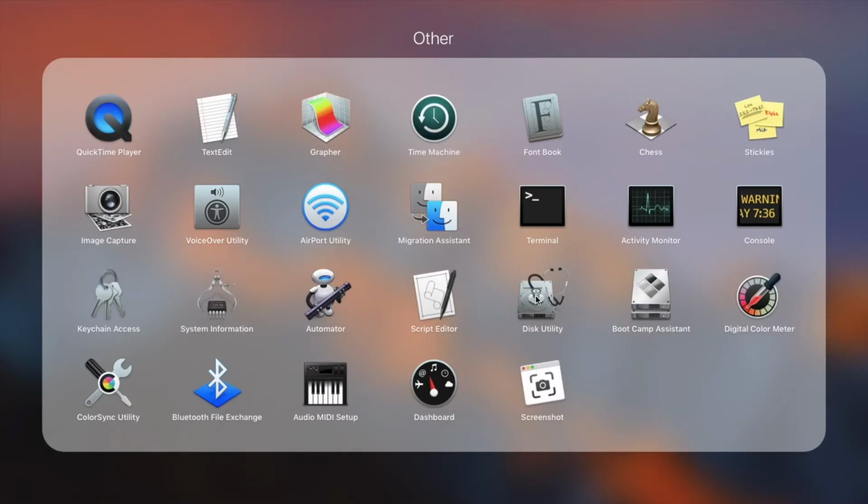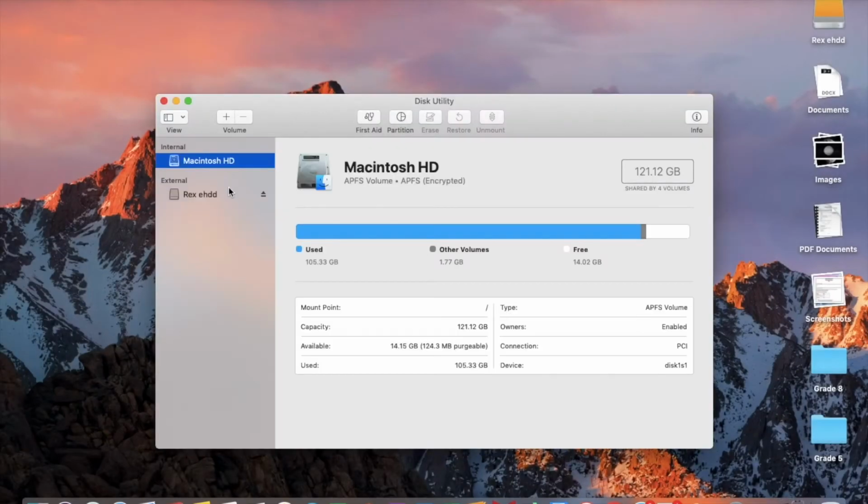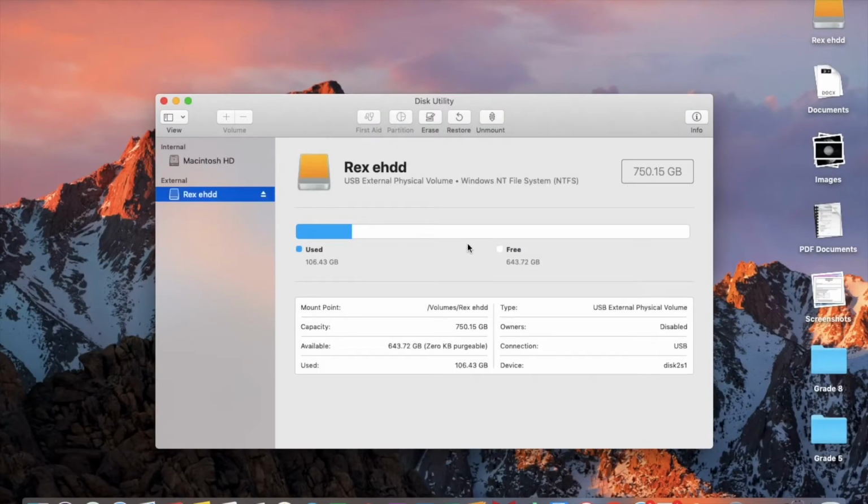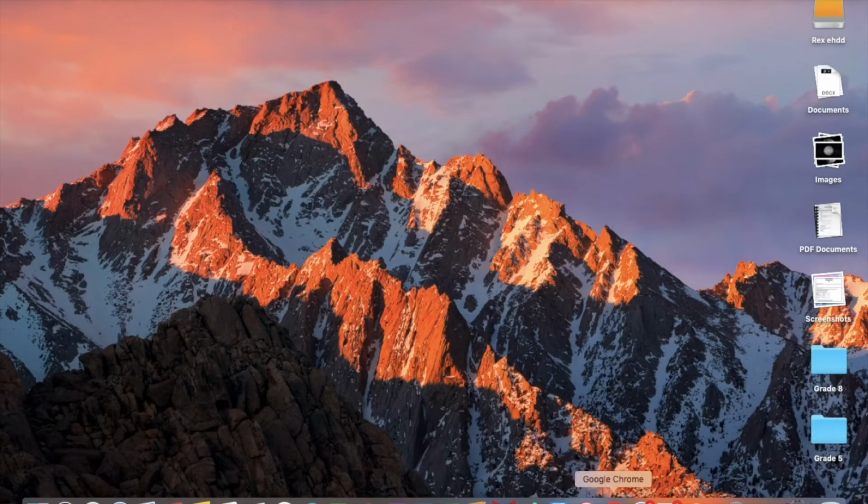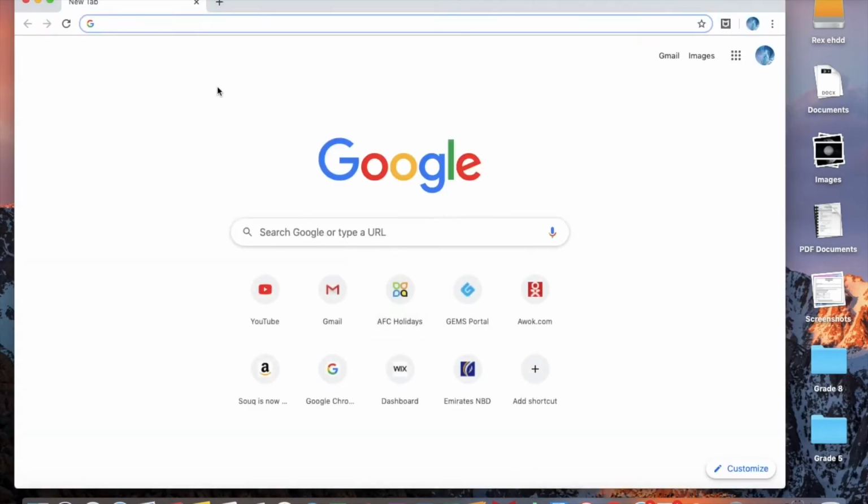You go to Disk Utility, then take your hard disk and see NTFS, Windows NT File System. So in this case, we have to go to Google Chrome, then put